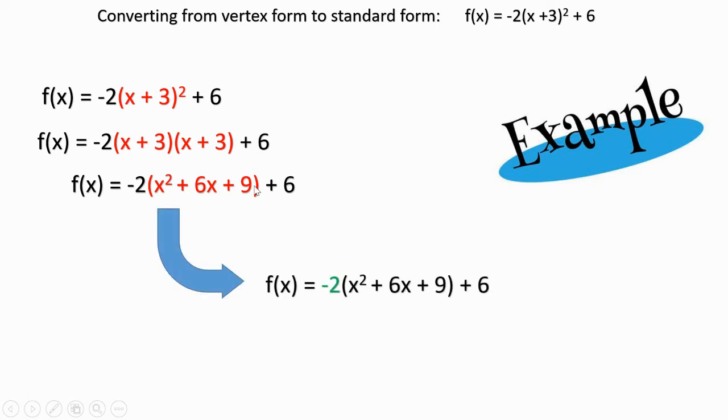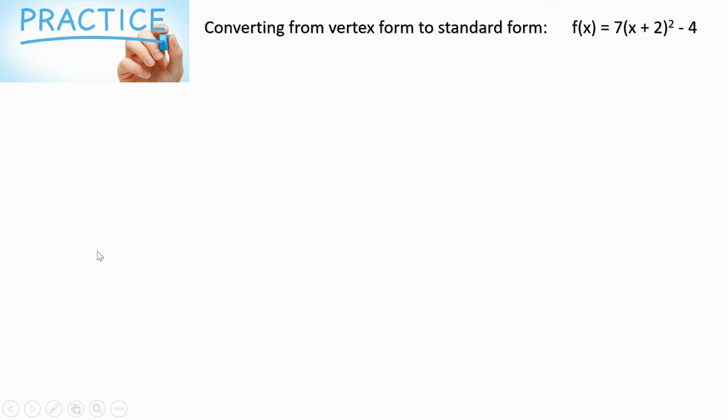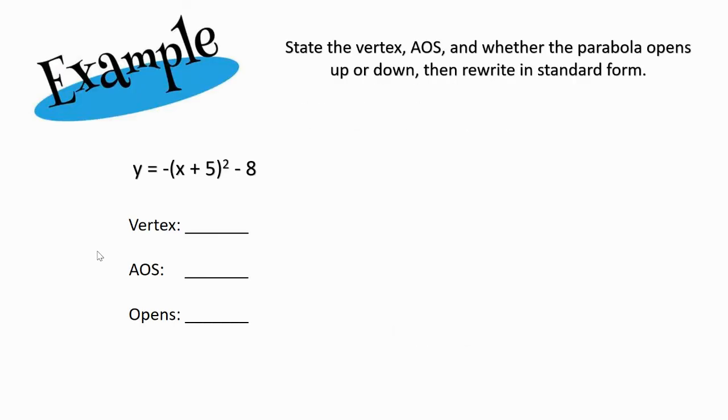Should have distributed the negative 2. You would have got negative 2x squared minus 12x minus 18 plus 6, and then combine those like terms to get negative 12. Negative 18 plus 6 is a negative 12. Okay, we're not going to do this one because you're going to get plenty of practice doing this. All right, so now let's